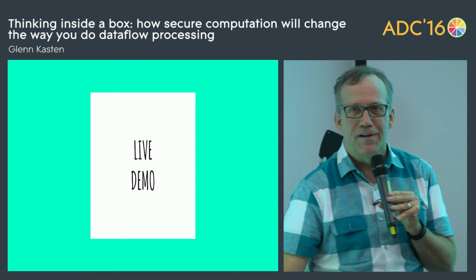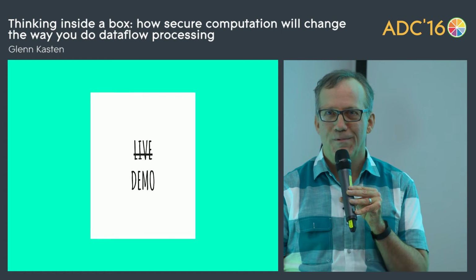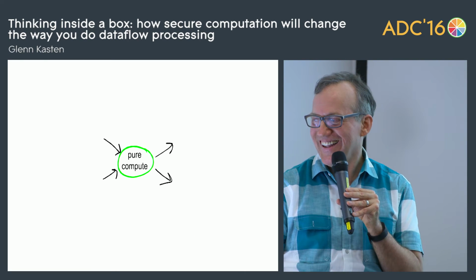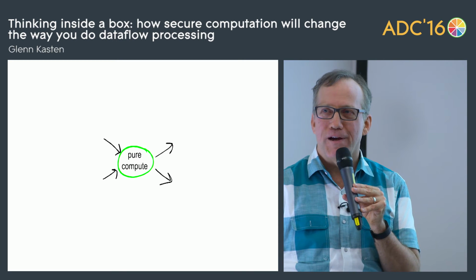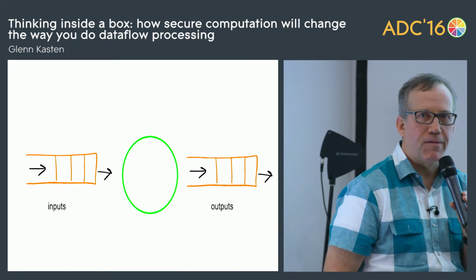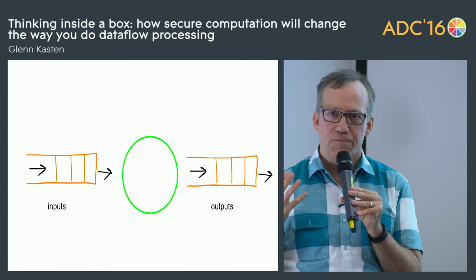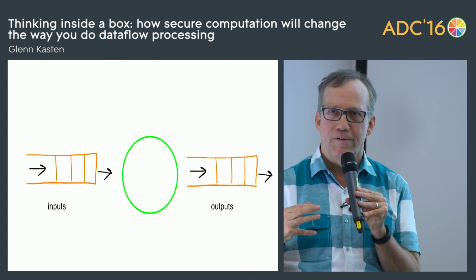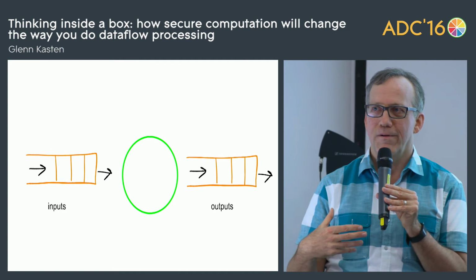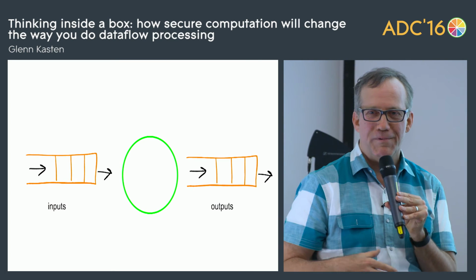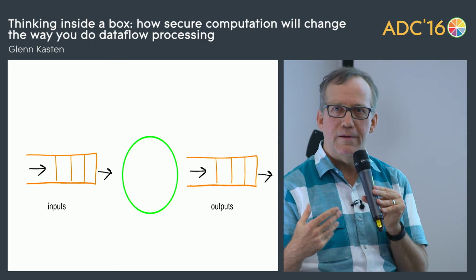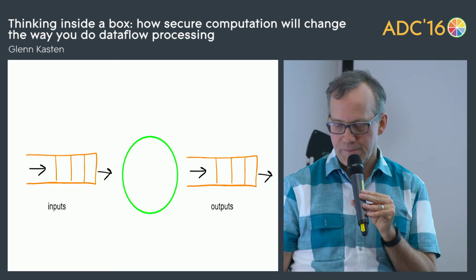So I was going to give a live demo at this point, but it didn't quite work out. So instead, I'm going to give a pre-recorded demo. Instead of a whole graph here, I'm just going to show a single node that's going to do a pure computation. It's going to receive its inputs via shared memory, but a special kind of shared memory data structure, which we're going to learn more about in Timur's talk, which is the lock-free queue, also known as the circular buffer. 2 different implementations of the same concept. And it'll put its outputs also into a lock-free queue or circular buffer in shared memory.